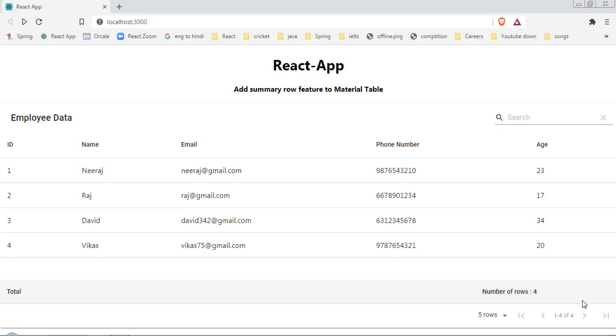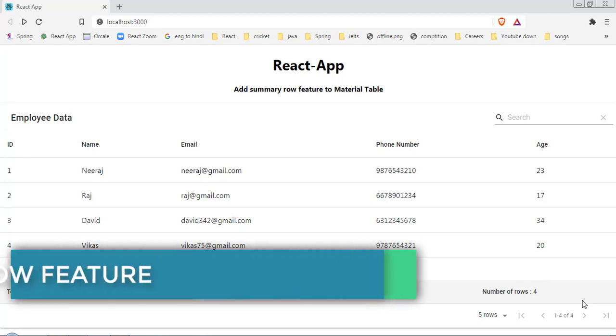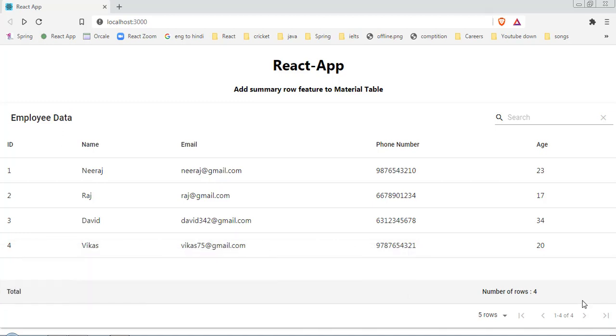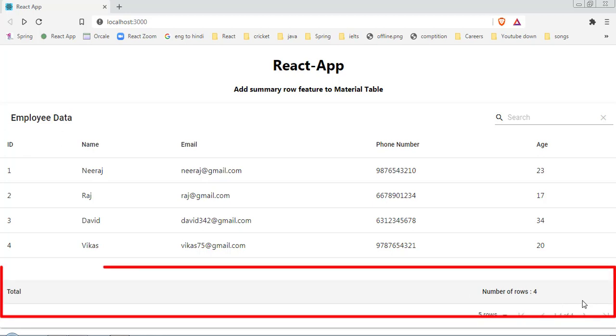In this video, I am going to show you how to add summary row features to material table. As you can see here, I have a simple material table and at the bottom of this table, I have a summary row, which is going to tell me the total number of rows in this table, which is here 4.